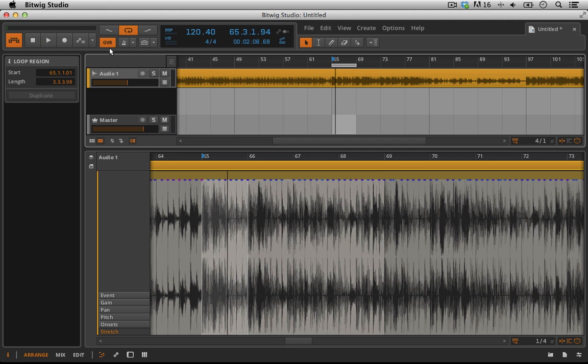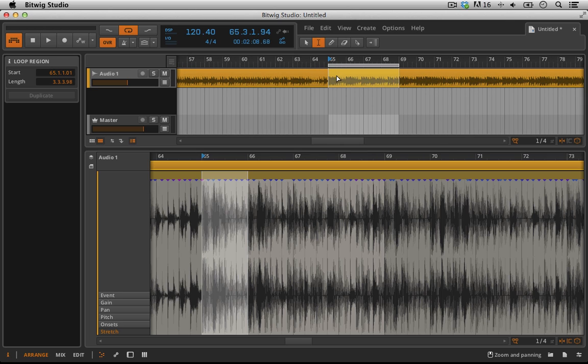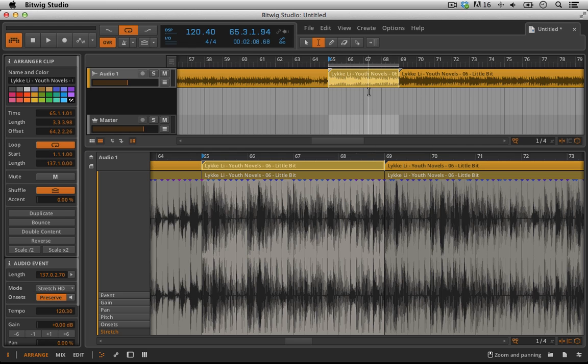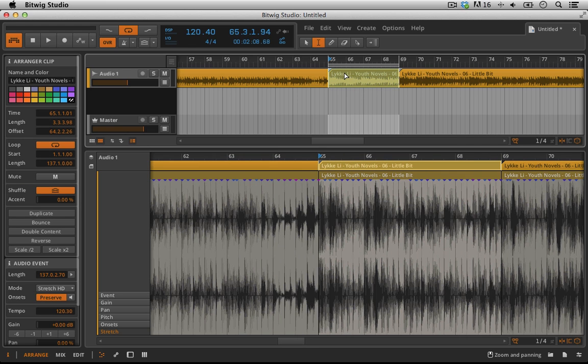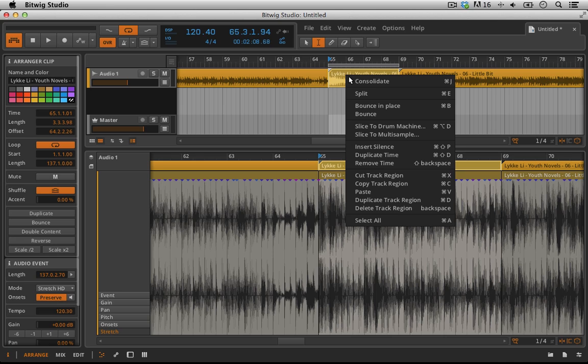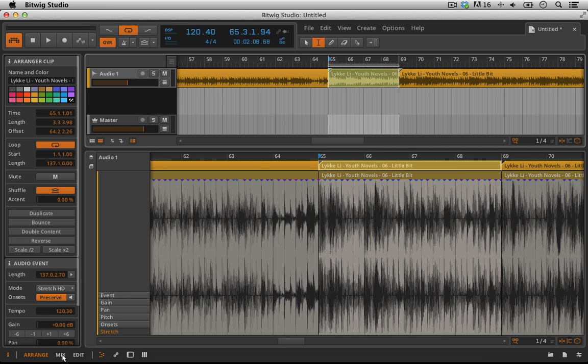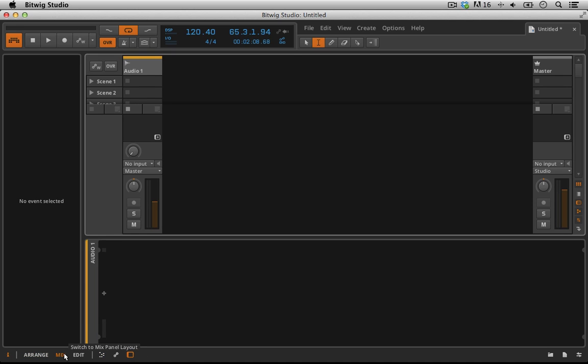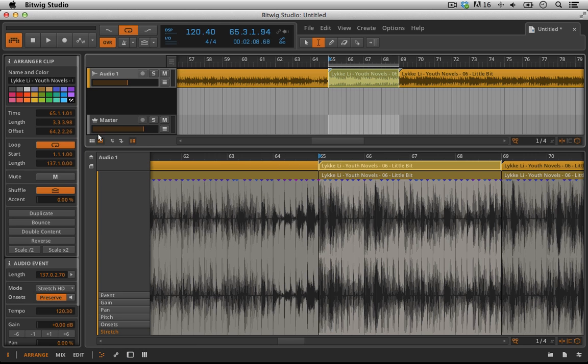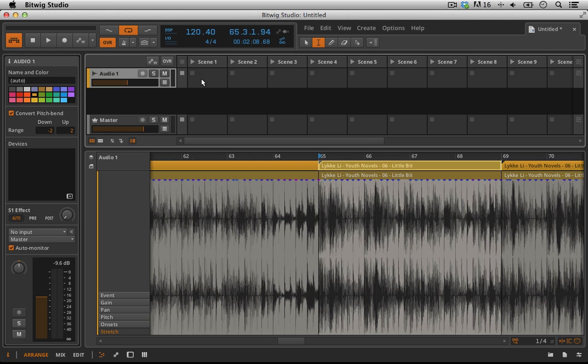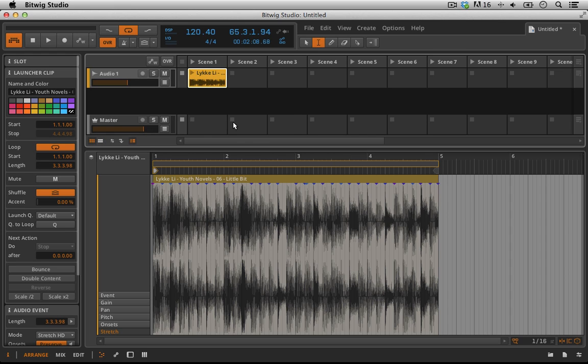Okay, cool. So let's say I just wanted that loop and I was going to drop it in after a different traditional kind of dance song. What I would do here is highlight this section, right click, split it out. All right, now it's its own audio clip. And if I wanted to, I could copy this region, go either into my mix window, or from my arrange window, I can go into our scene launcher here and I could paste that particular bit of audio. And now